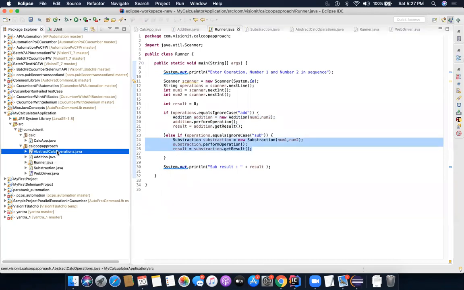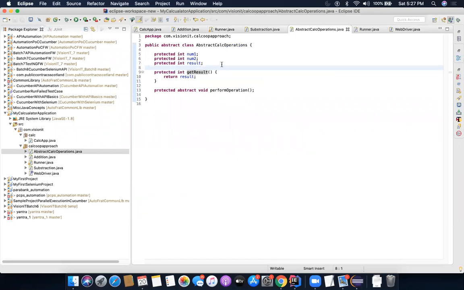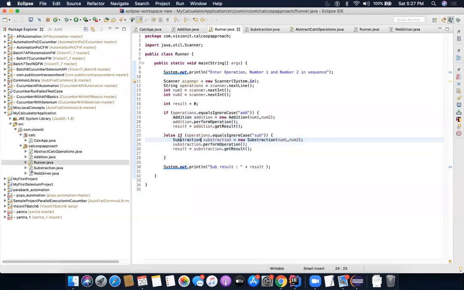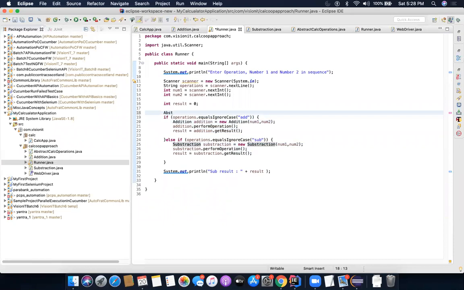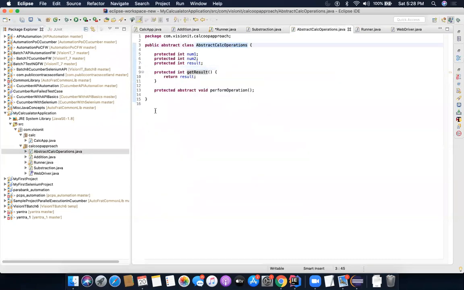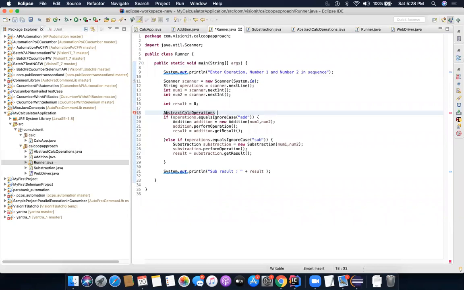And I know that I have made use of an abstraction. I have made use of an abstract class here, which I can use to specify the variable names, right? So I'll create here abstract calc operation. Now I will make this variable here, and I will create a variable simply as calc operation, right? Instead of assigning this object to a variable whose type is also the same class, I will make use of the parent class. So I will define this here as the parent class.